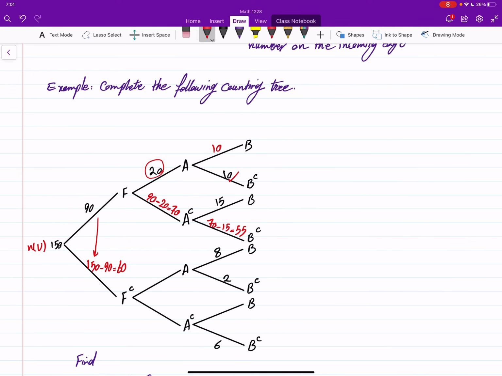Here's a funny thing: this and that are two labels of outgoing edges from A, so they must add up to the number back here. So this must be 8 plus 2, which is 10. Now that I know 10 is there, the incoming is 60, so this must be 60 minus 10, which is 50. There are 6 of them down there, so 50 minus 6, this must go